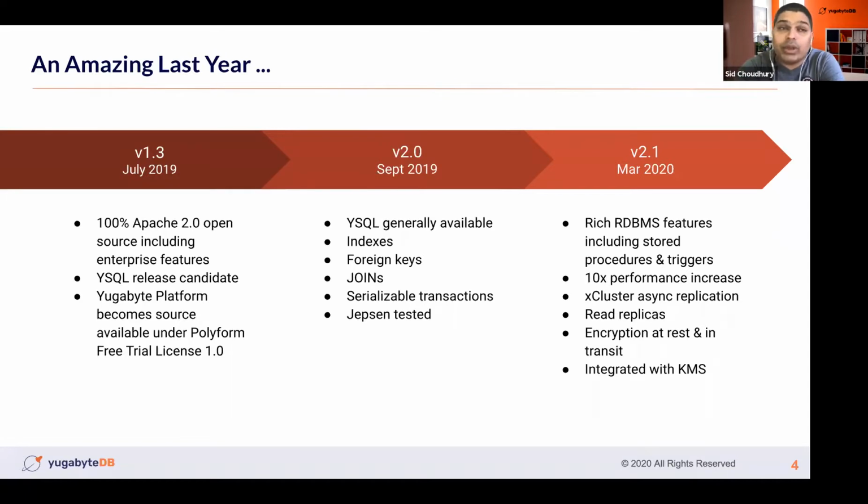We proved that we are able to increase performance on a steady vector, including a 10x performance gain through lots of queries being pushed down from the query layer into the distributed storage layer, so that minimal data actually gets moved around in the network. The processing actually moves closer to where the data is located. As a result, we are able to continue to deliver on our promise of lower latency and higher throughput.